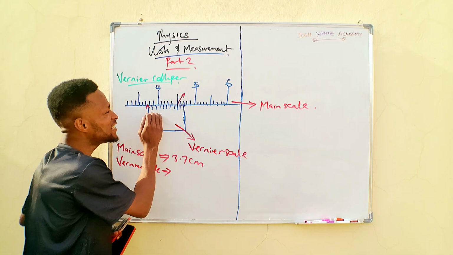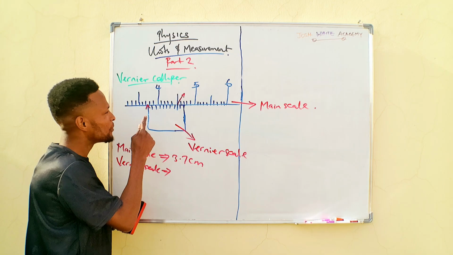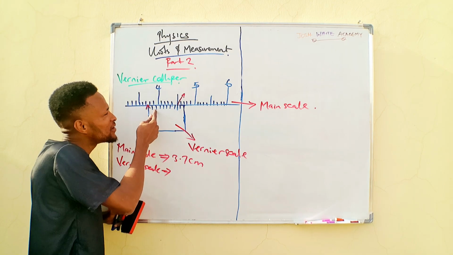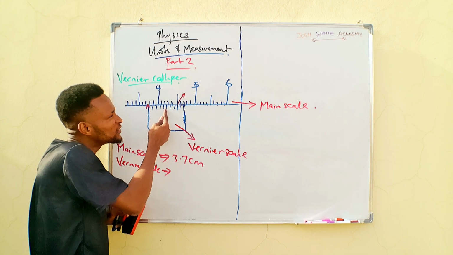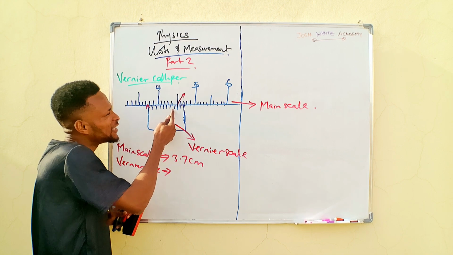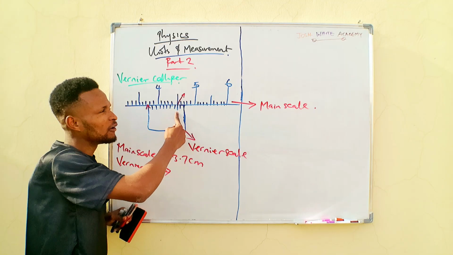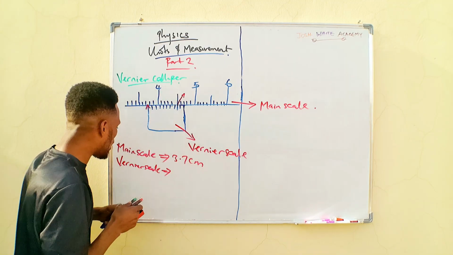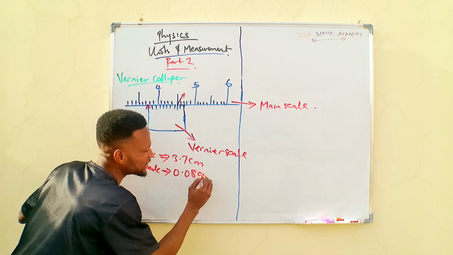So we take the reading on 0.01. So let's go. 0.01, 0.02, 0.03, 0.04, 0.05, 0.06, 0.07, 0.08 is the point of coincidence. So our Vernier scale reading is 0.08 centimeter